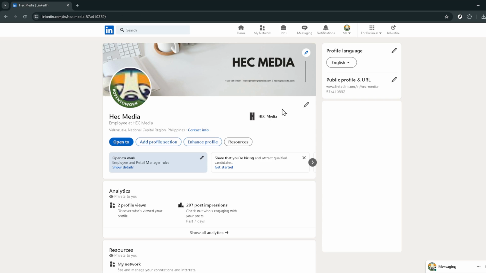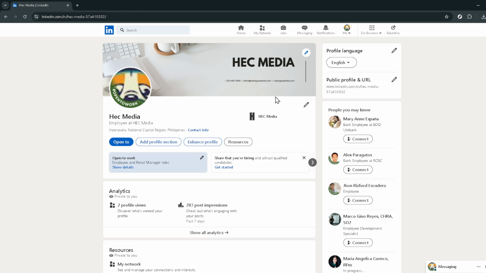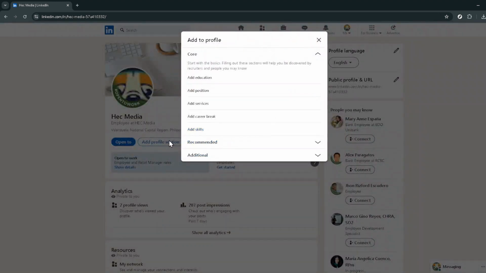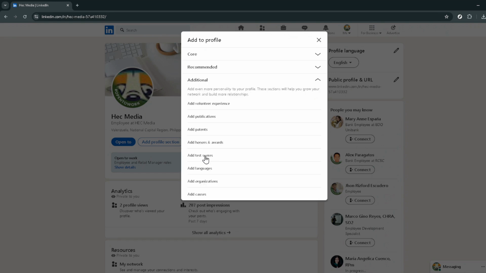On your profile page, look for the Add Profile section button. It's usually positioned towards the top of your profile, right below your cover photo and headline. Clicking this button will display a series of options related to various sections of your profile. Within those options, you'll find one labeled Additional. Clicking on Additional will further expand your choices, providing you with more ways to enrich your LinkedIn profile with your